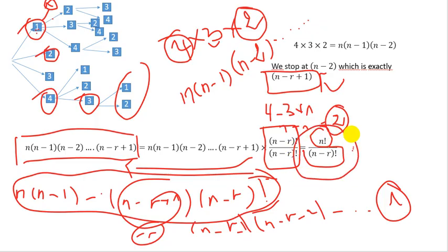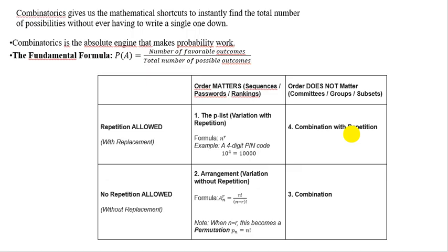This is our nice formula we use when the repetition is not allowed. And actually this is called the arrangement. The arrangement is this is the notation, A r from n. So the formula is n factorial divided by n minus r factorial. We have a special case